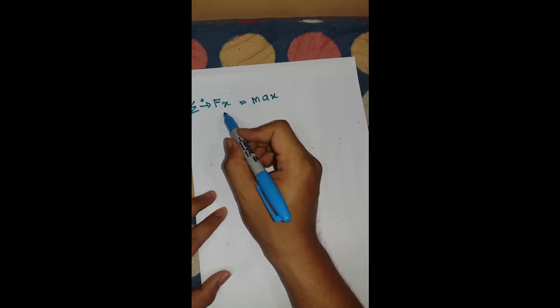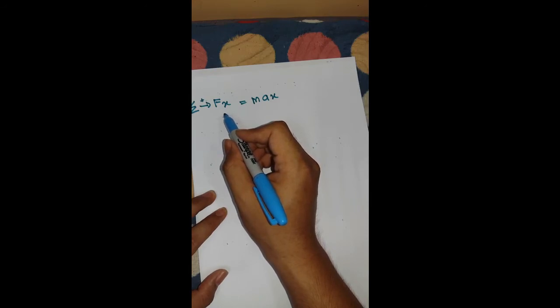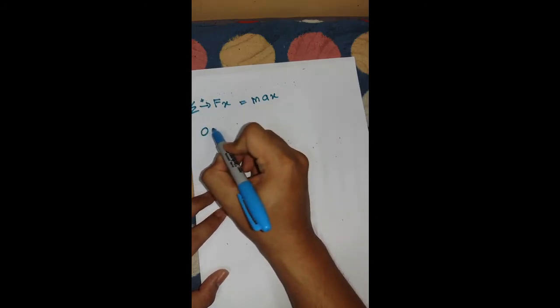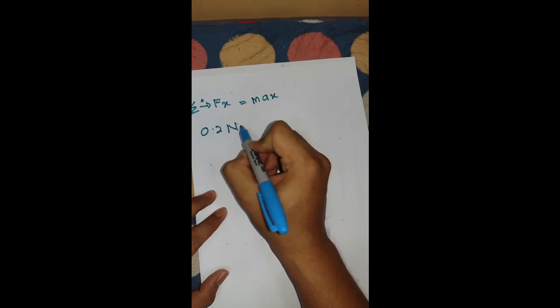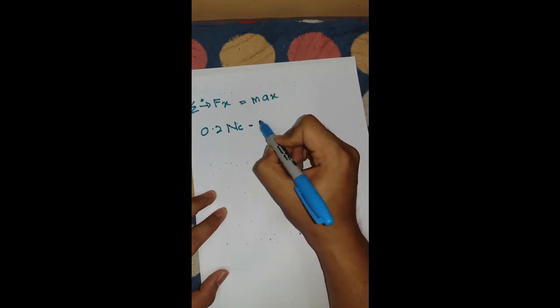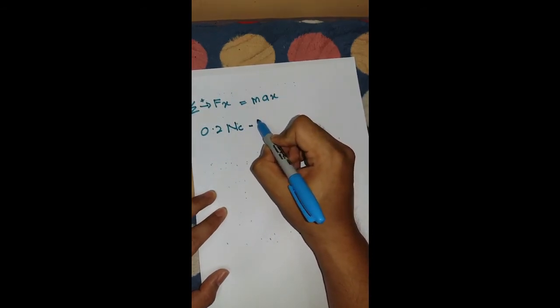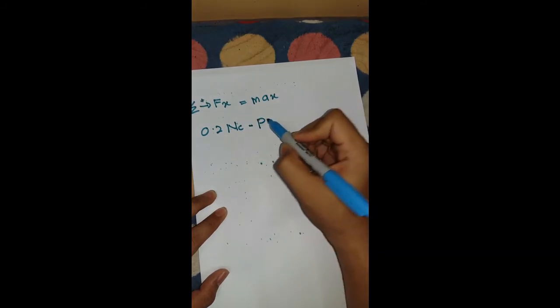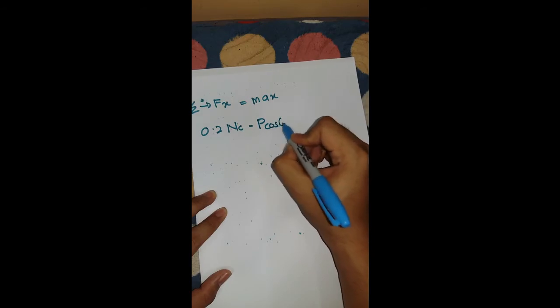So we resolve everything on the FBD to the x-axis. So we're going to get 0.2 normal force minus the force, and we resolve it in the x-axis, which is P cos 60 degrees,